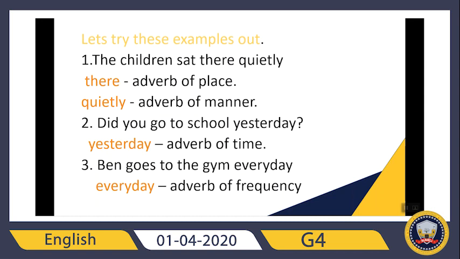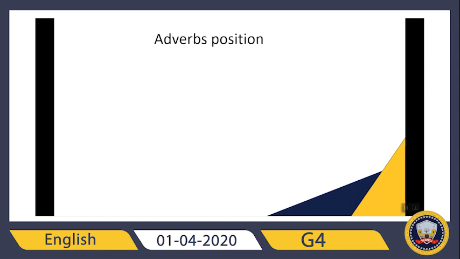So adverb of frequency is what? Every day. Every day is an adverb of frequency. Ben goes to the gym every day. It tells us how often Ben goes to the gym. So the next one we're going to be talking about is adverb position,